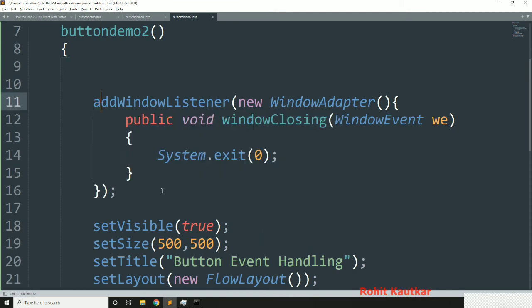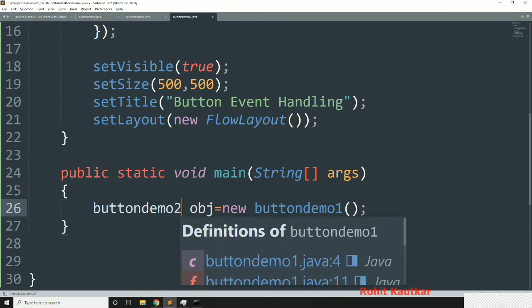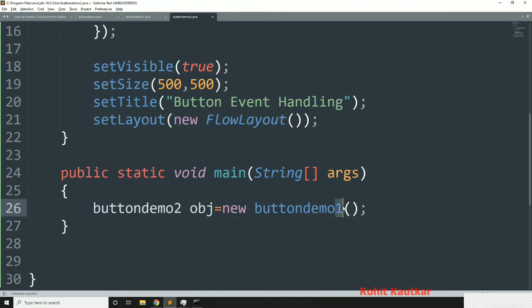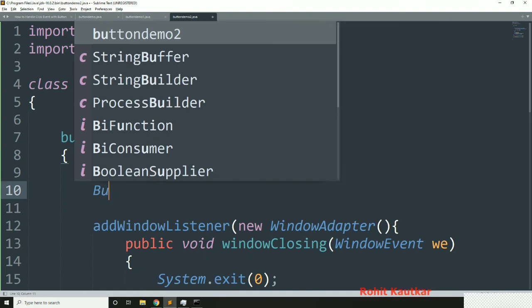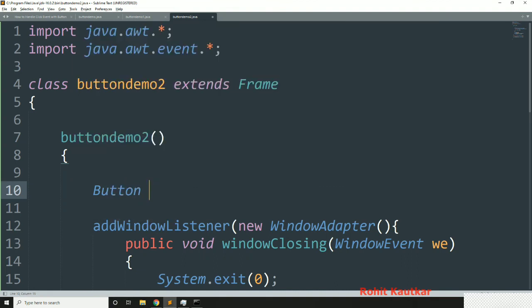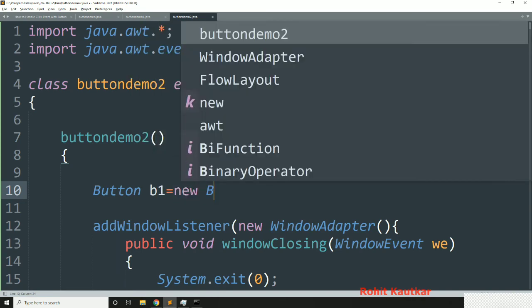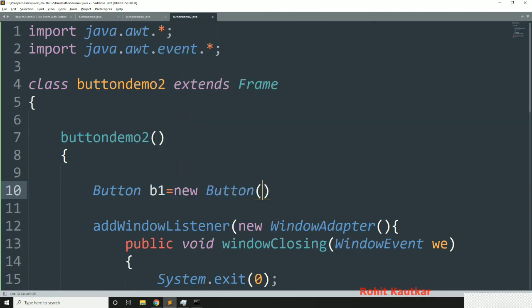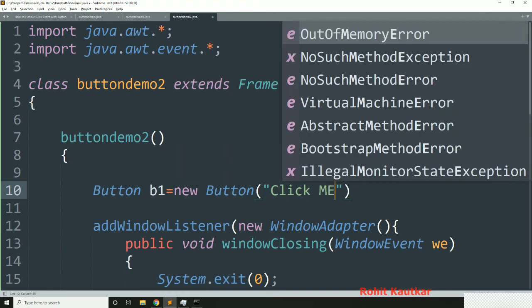first of all I am trying to close my window. These are certain basic methods that we are using for controlling our frame, and here in the main method I am creating an object of the ButtonDemo2 class. Now I will again add the button over here. First of all, Button b1 is equal to new Button, and here I will again take the same name, "click me".